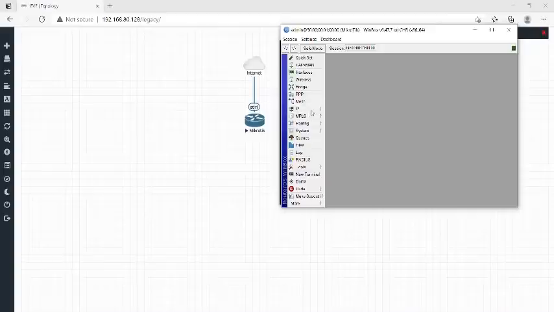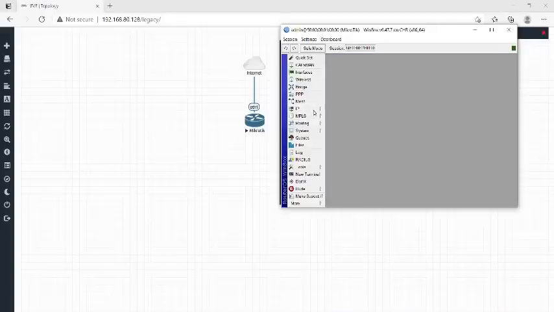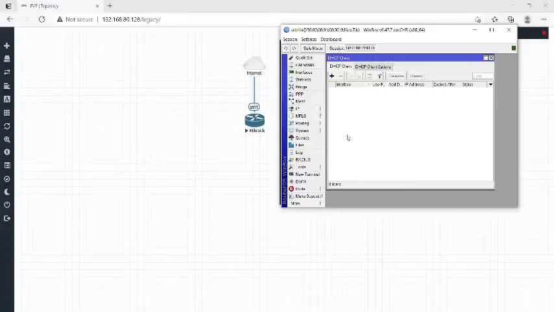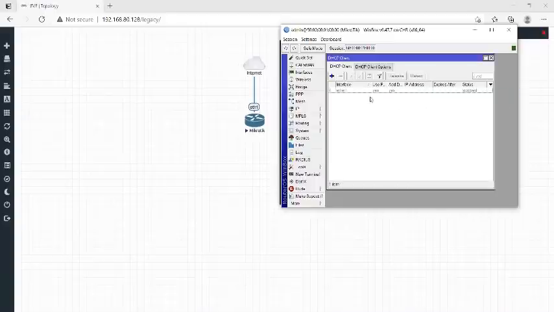Now you can see here, you have to go to IP and DHCP client, see the steps. Okay, you have to click the IP and DHCP client. After clicking the DHCP client, here you can see there is not any configuration yet, so just click on the add button, and you have connected your internet to Ethernet 1. So choose here Ethernet 1 and apply and OK. It is created, just enable it. Okay, here you can see searching, and now it is getting the IP address. It got the IP address